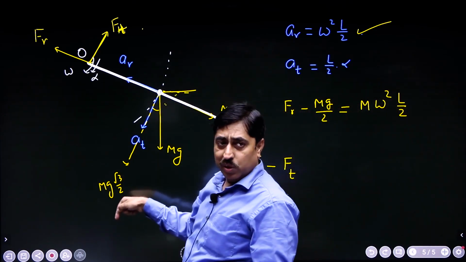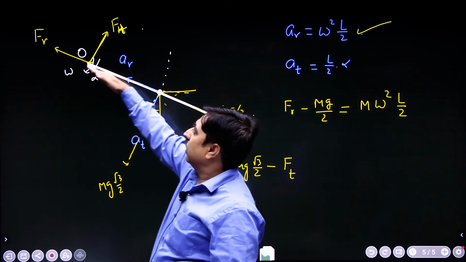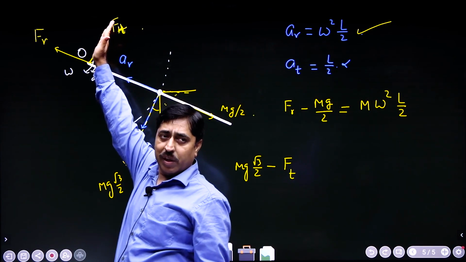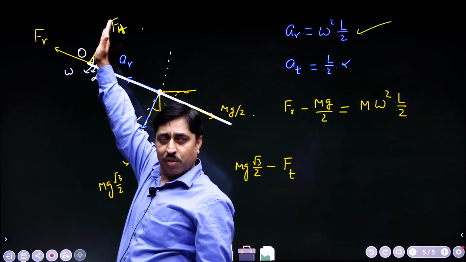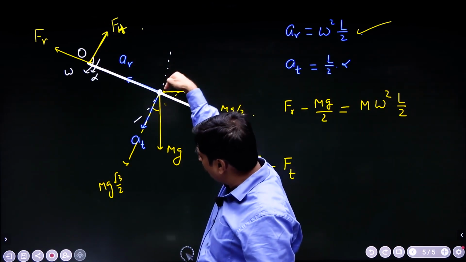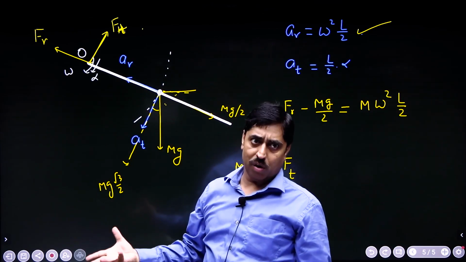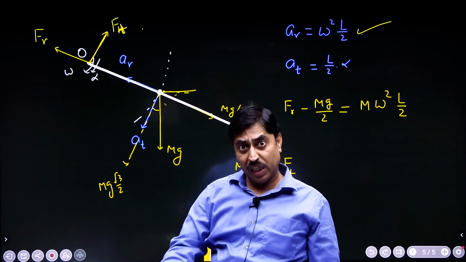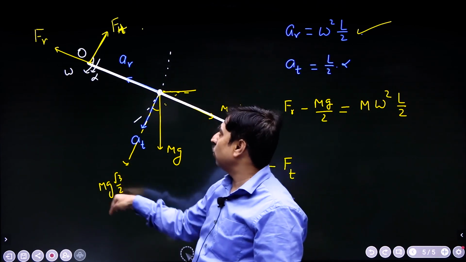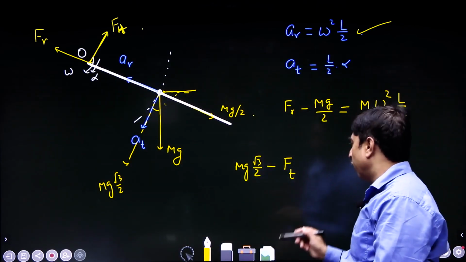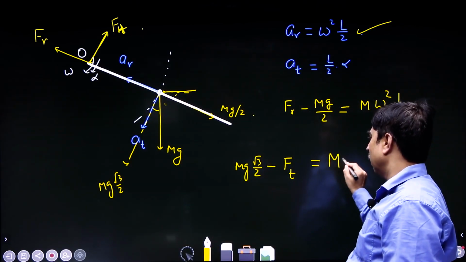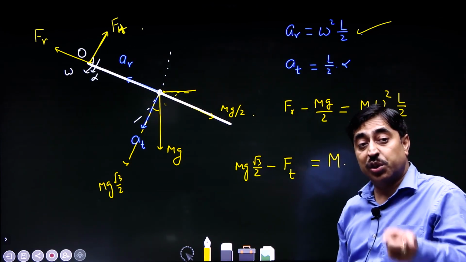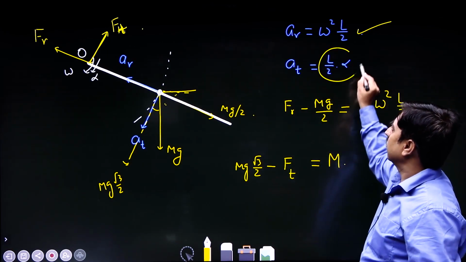Mg root 3 by 2 is the component of mg, and then there is a component of hinge force perpendicular to rod. So, the net force on this rod in this direction, tangential direction, is equal to this minus that, and this should be equal to mass of the rod into tangential acceleration of center of mass,